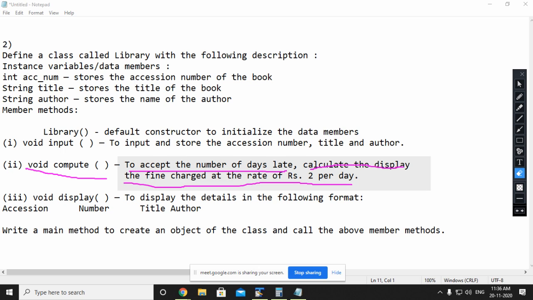This is important. In this function only we are supposed to take input of how many days the book is late, the number of days late. In void display we are supposed to print the accession number, title and author.